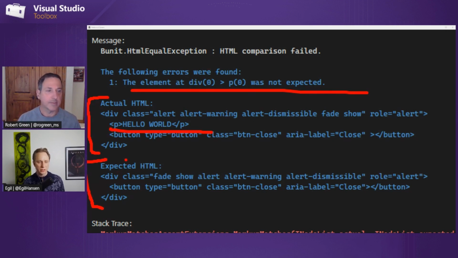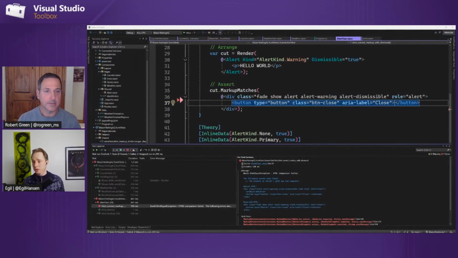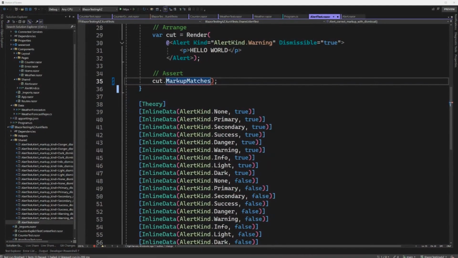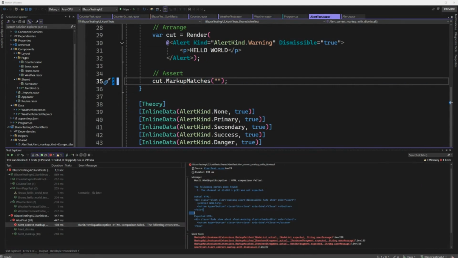So we get that error message. Typically, when I have to do something like this, I maybe do markup matches and just pass in the empty string. Then I run my test, and I get this error message, and I can say, okay, this looks right. So I copy paste this over here,